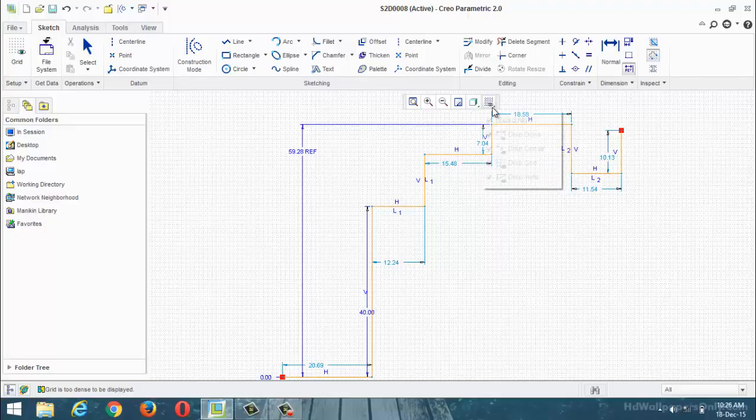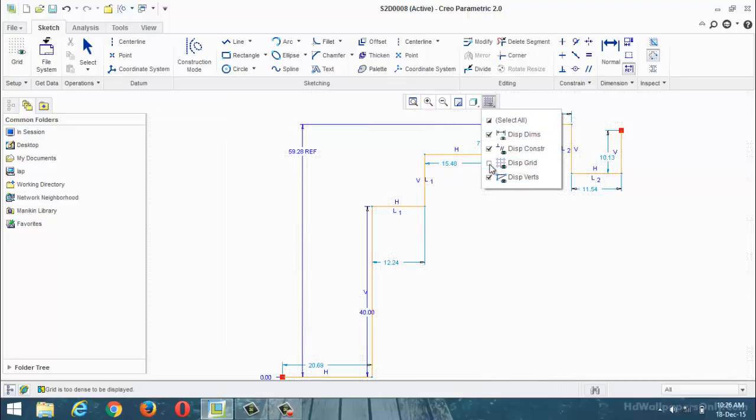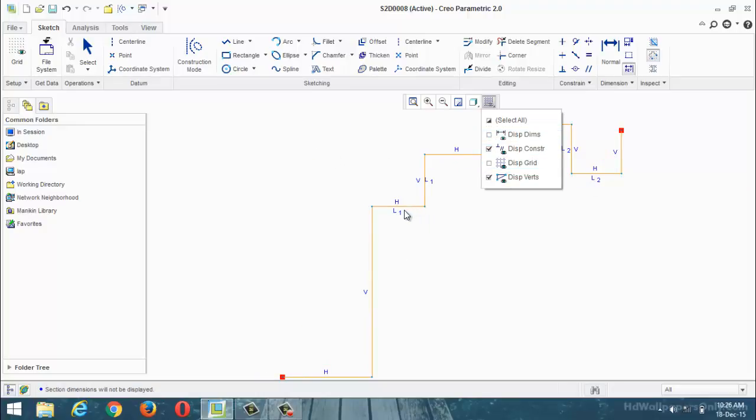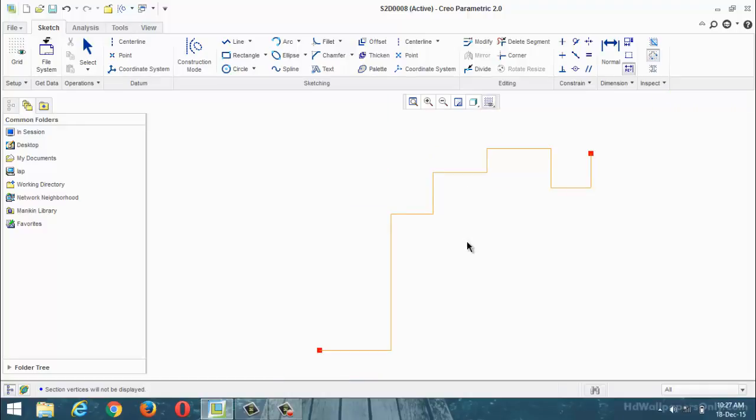Again this is the grid settings. Currently select all is the enable condition. Now for my representation only, I am going to deactivate the display. Again we can disable the dimensions. Again you can see L1, horizontal, vertical, all are the constraint properties. Again dehighlight this one. Again you can see these are the vertices. Okay, again dehighlight this one also. All the settings are here. Again same thing, select all.